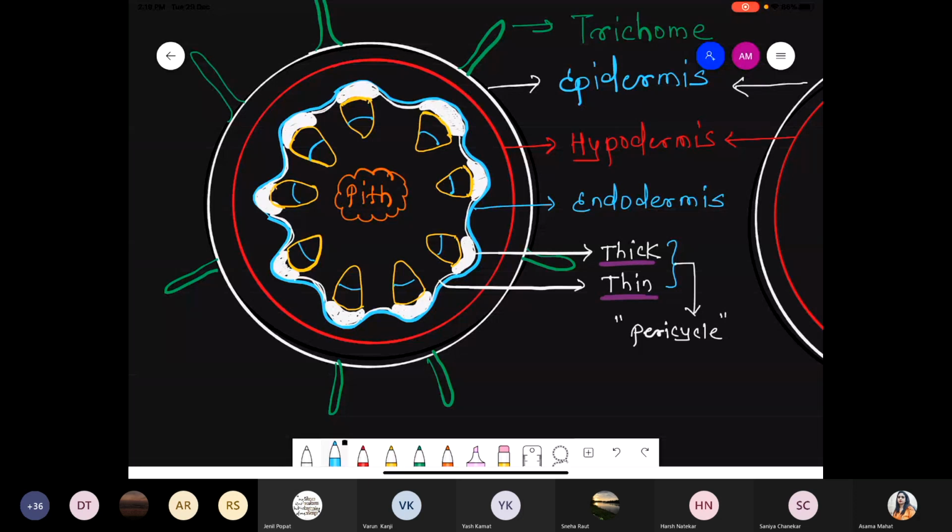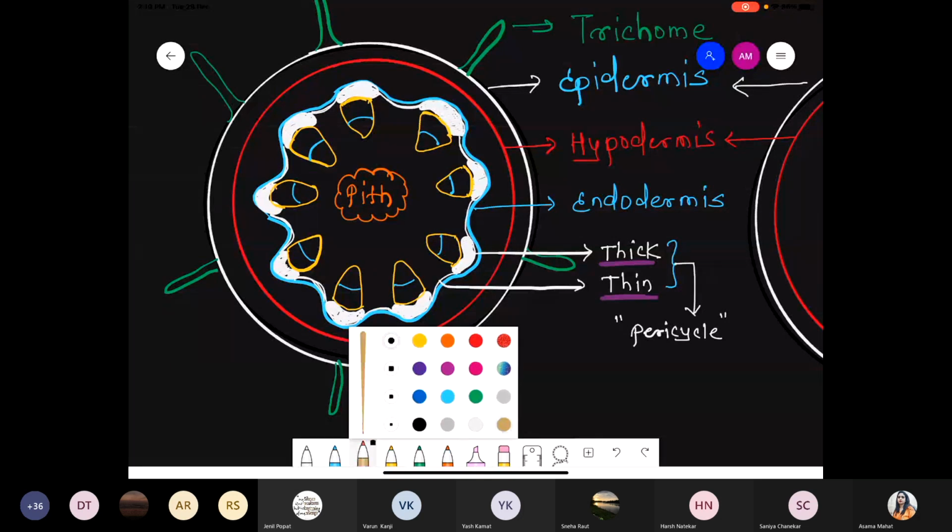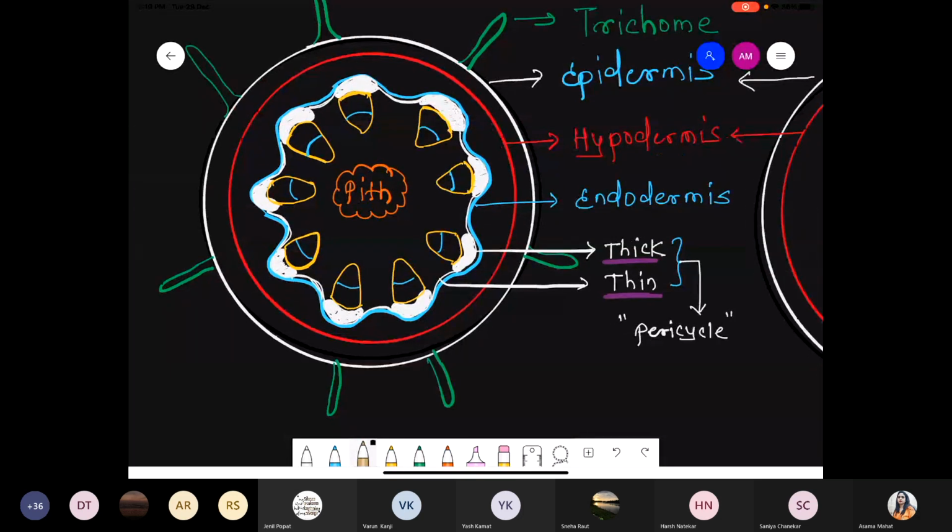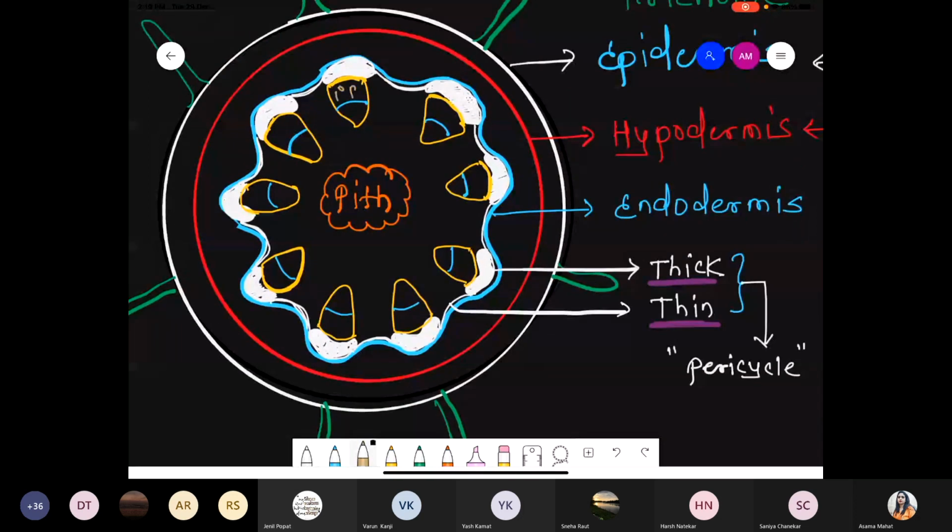And now we are talking about the two important parts, that is primary xylem and the primary phloem. So quickly we are taking the name. Towards the outer side, यहाँ पे present होगा primary phloem. P stands for the phloem, and exactly below now there is a presence of the primary xylem. And between this xylem and the phloem, now there is a presence of the intrafascicular cambium. There is a presence of the cambium, and the name of the cambium is intrafascicular cambium.